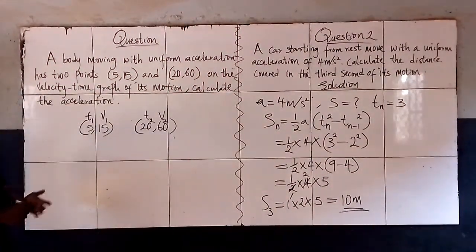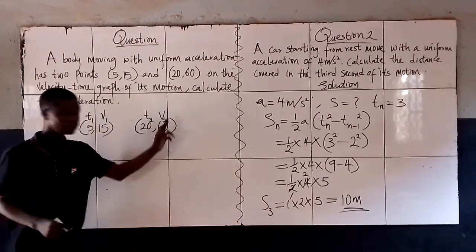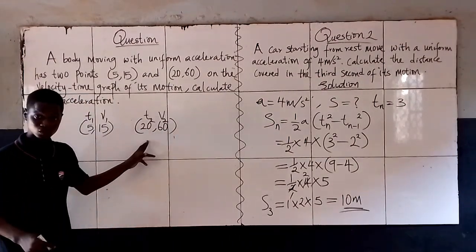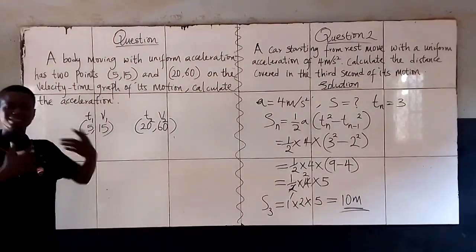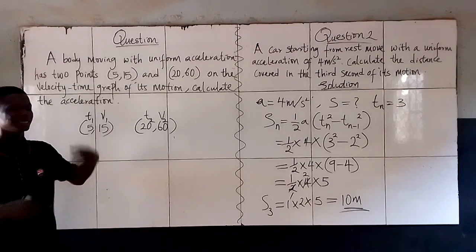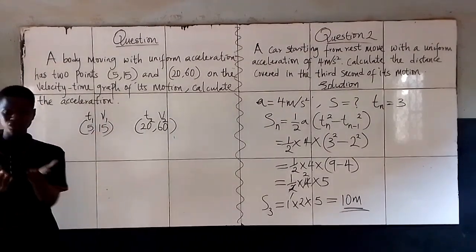So now, can you now tell me what is V1? 15, T1, 5, V2, 60, is it not? T2, 20. So can you now find the acceleration? The answer is yes. Using the formula for rectilinear motion. So do it to solve this and let me know what you think the answer is in the